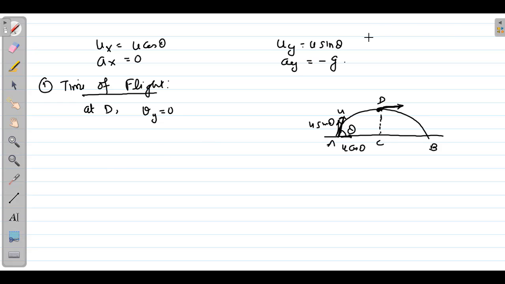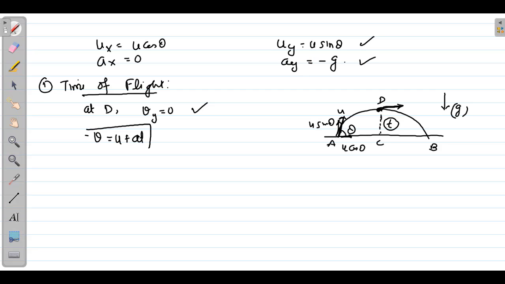uy I know, ay we know, and vy we also know. We have to find the time taken by the projectile from A to D, that is to reach vertically the point where its velocity becomes 0. So we use the equation of motion because the motion is under gravity. In the vertical direction, g is acting downward, ay is minus g. So using the first equation of motion, v equals u plus at,